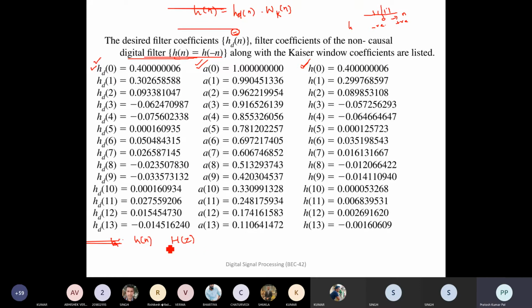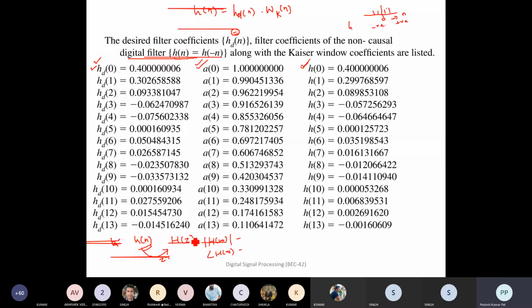Okay, and along with that, once we have found the H of z, we can find the magnitude of this filter, along with the angle, or the phase. So once we have found the coefficients, with the help of the coefficients we can find the H of z, that is by using the z transform. Whatever z transform expression is there will be in terms of phase and magnitude. So we'll be replacing the magnitude part by this one, and the phase value by this one.